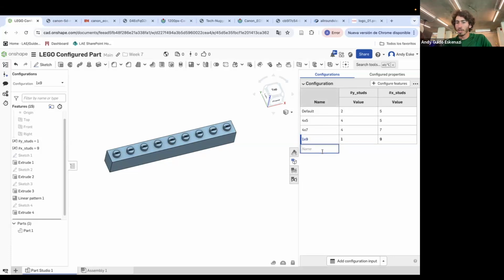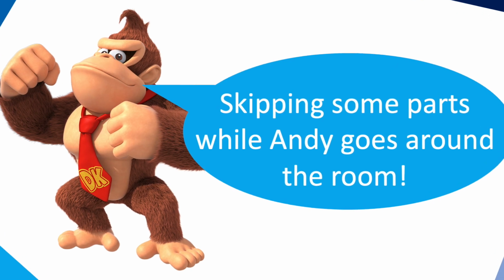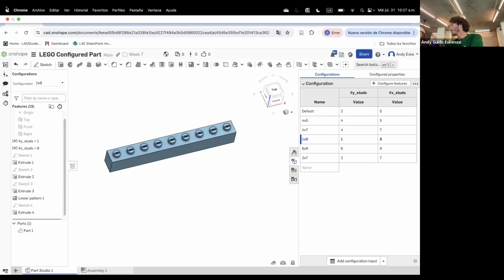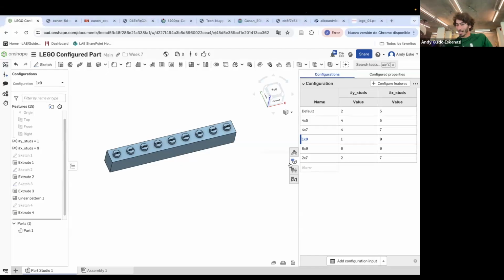It's just so we can continue creating versions. You can have a 6x9. You can have a 2x7. So I'm just going to input those numbers here. But this is great. And then one last thing is that if we go here to configure properties,